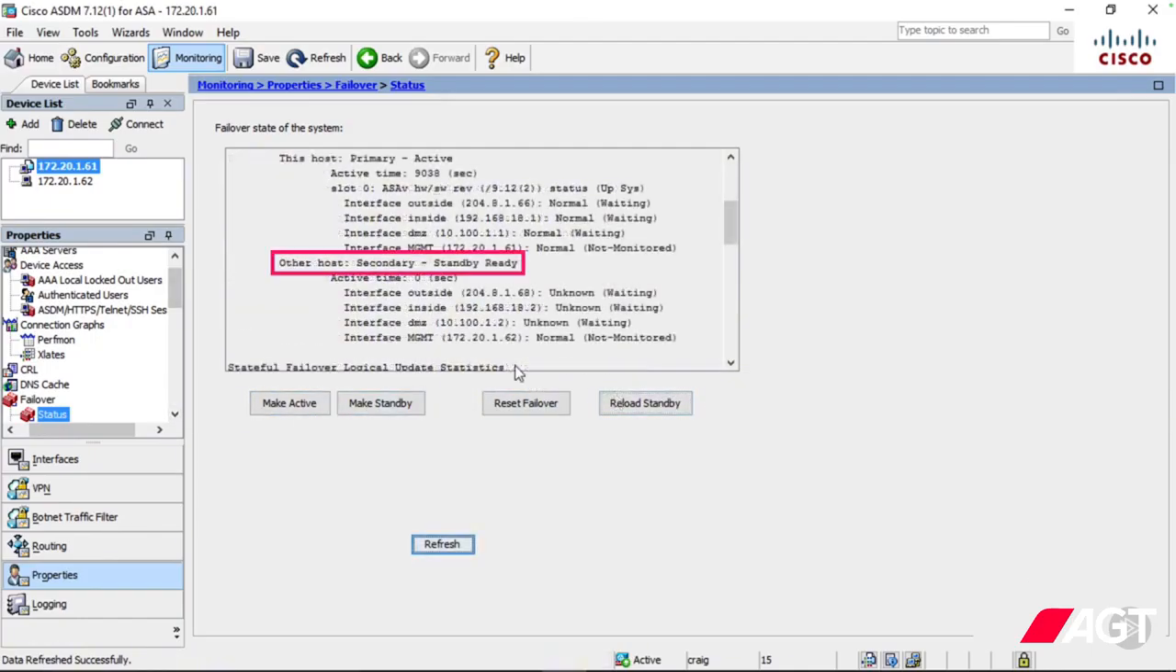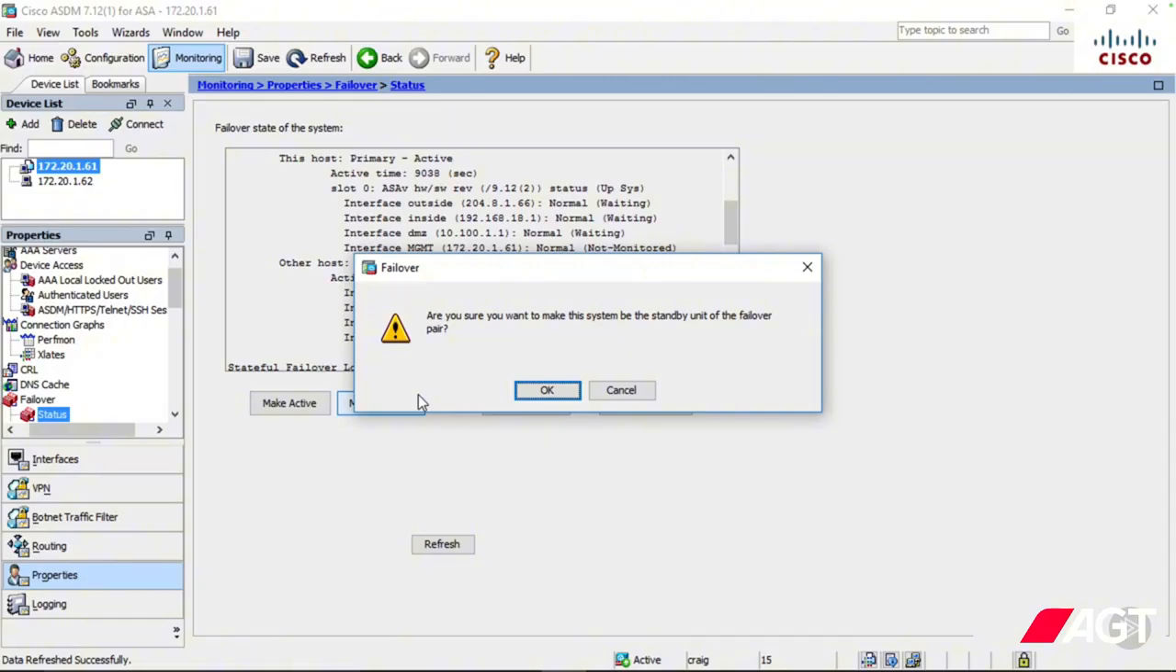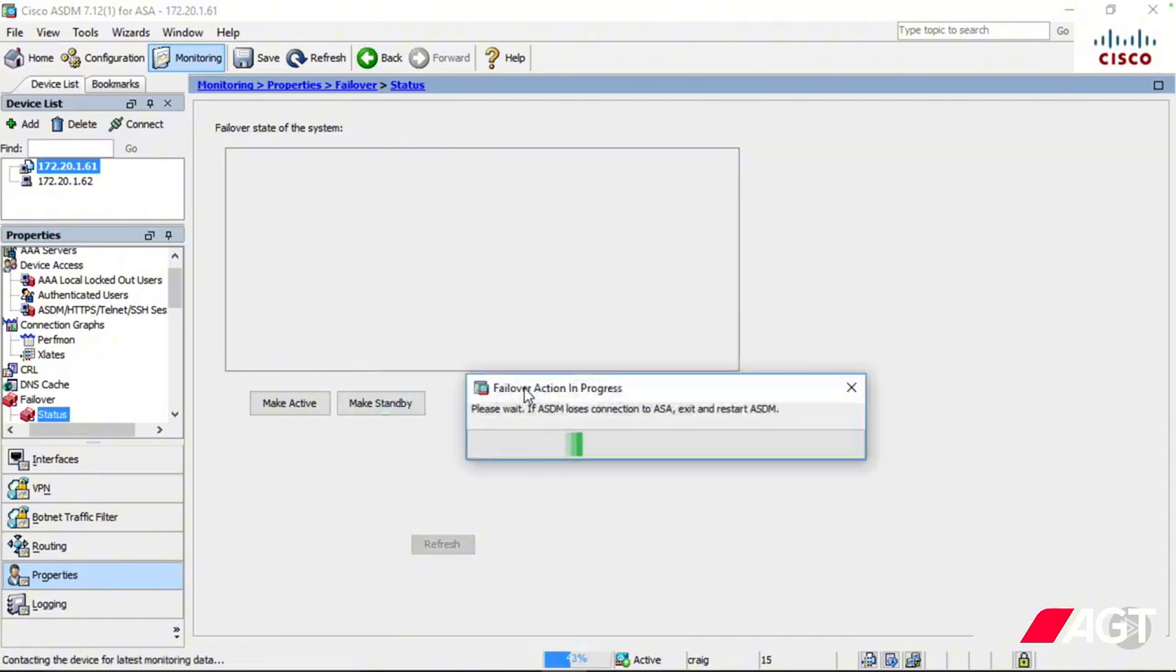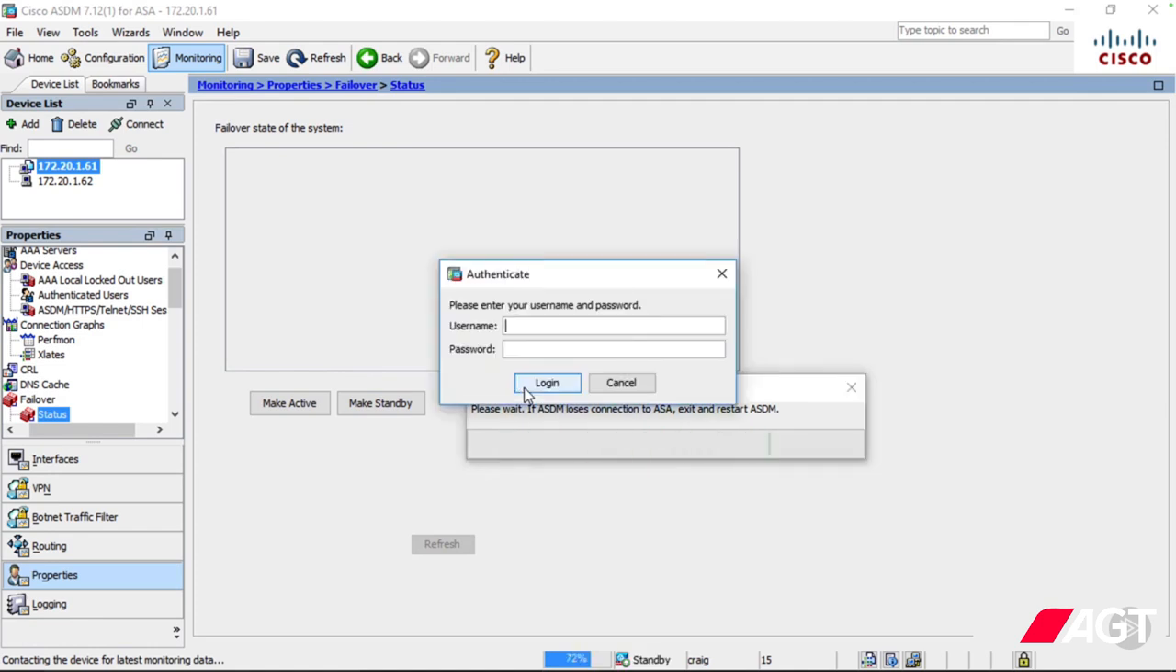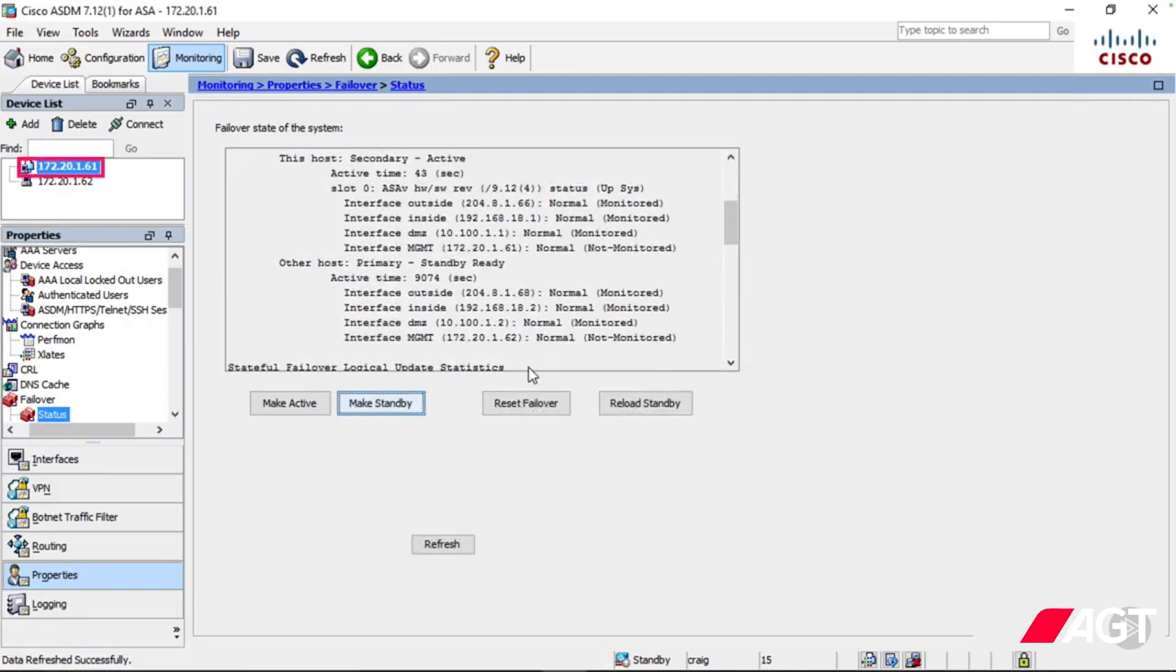All right, the secondary unit's online. So let me go ahead and failover by clicking make standby on this ASA. I am prompted to make sure this is what I want to do, so I'll click OK. Now that the secondary unit is the active one, I am prompted to reconnect, so I'll do that. Even though I am connected to the same IP address, you can see that this is the secondary ASA